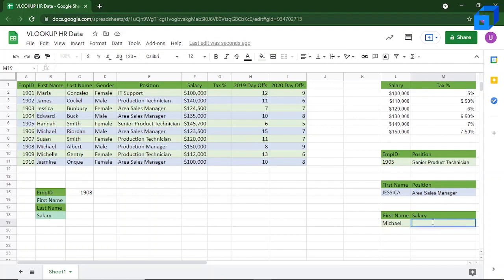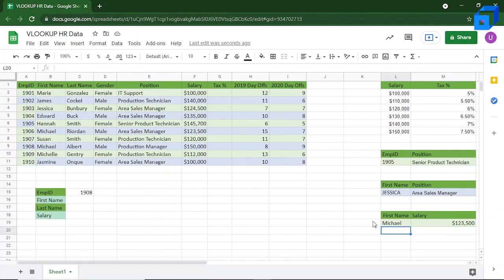So the VLOOKUP function will look like this. The value which we want to select is this, and the range which we want to look at is from here, like we already discussed earlier, till salary maybe. So the column index is 1, 2, 3, 4, 5, and since we want the exact match, it is taken as false. So here you can see that the salary is 123,500, like we discussed earlier.